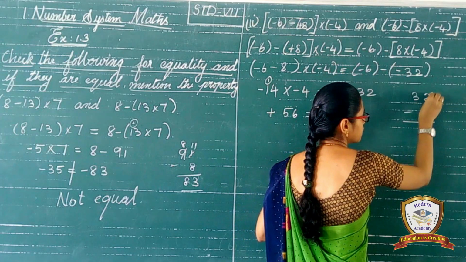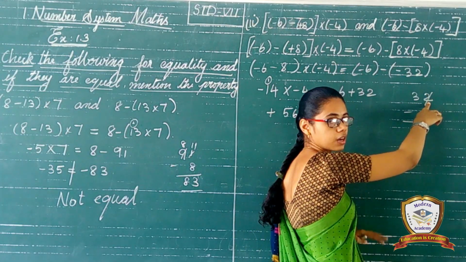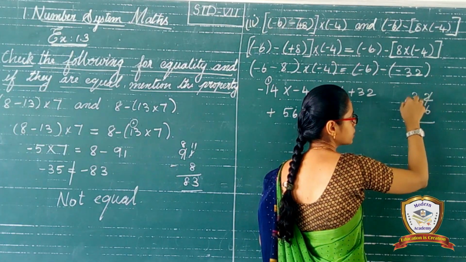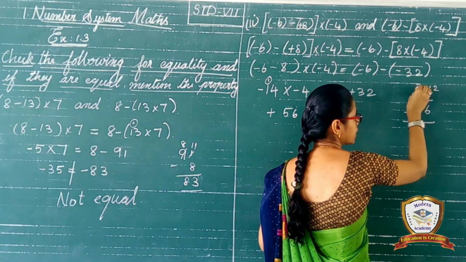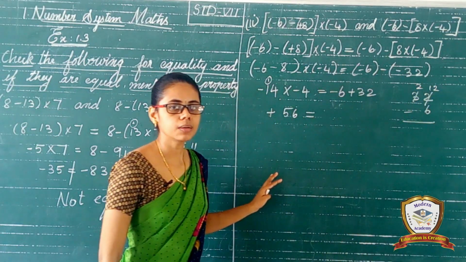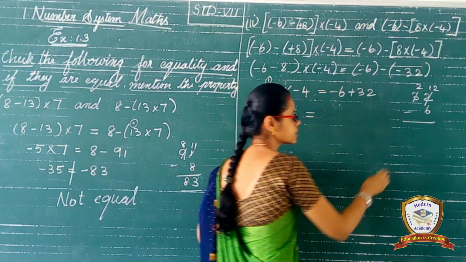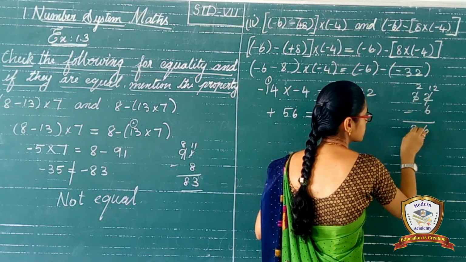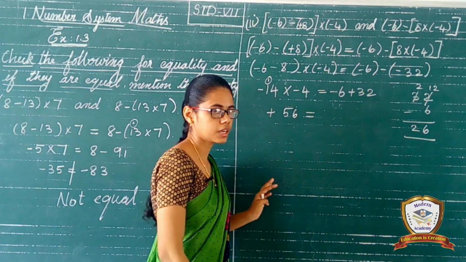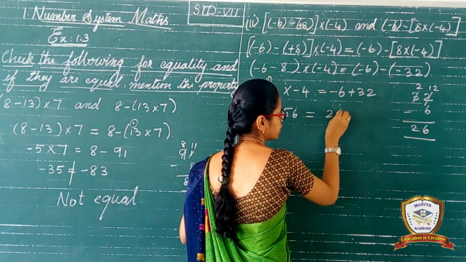And see here, the smaller number, so we can't subtract. We can borrow from the next number. Here 12, here 2. Okay. So 12 minus 6. The answer is 6. And the 2 answer is what you want to write there. Okay. And then so we have here we want to mention the sign.